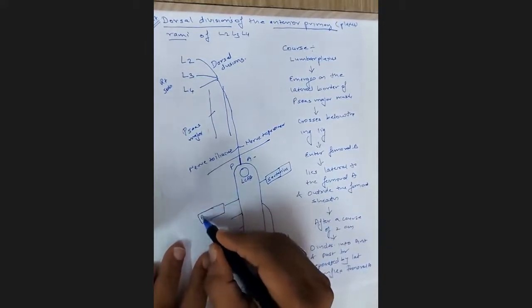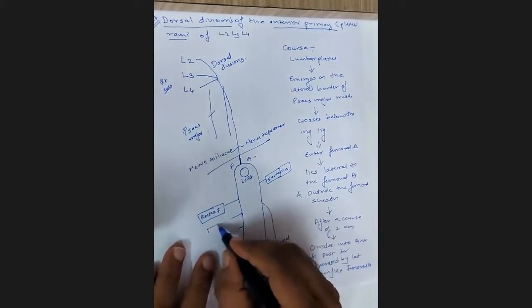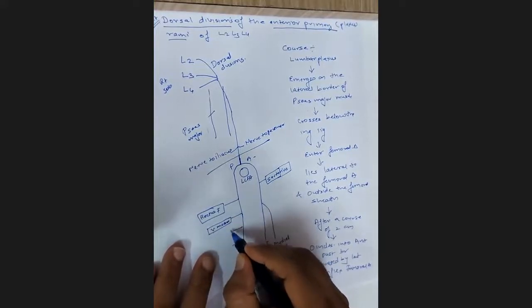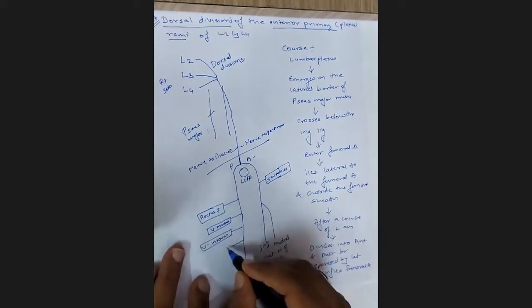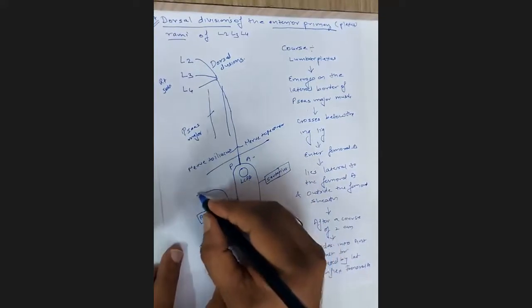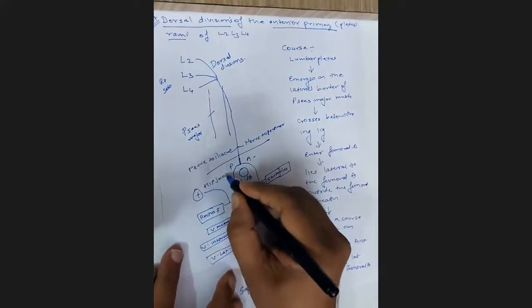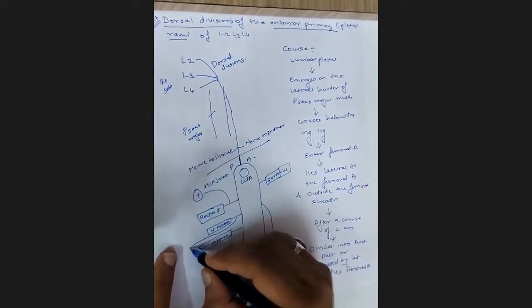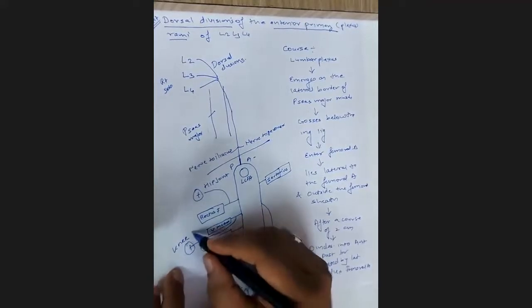So this is rectus femoris. Now to rectus femoris. Then now to vastus medialis. Now to vastus intermedialis. Now to vastus lateralis. Now to rectus femoris also gives branch to the hip joint. Now to vastus medialis also gives branch to the knee joint.